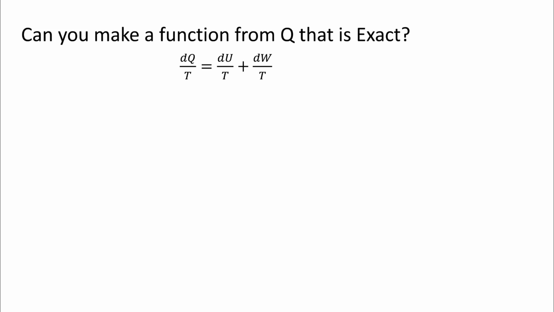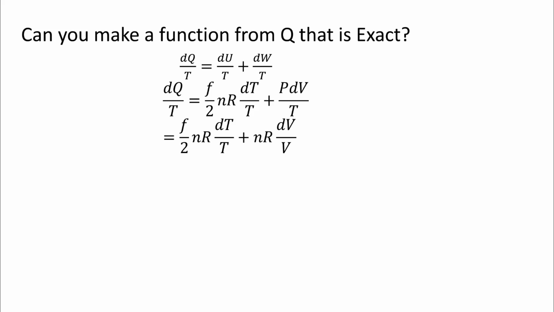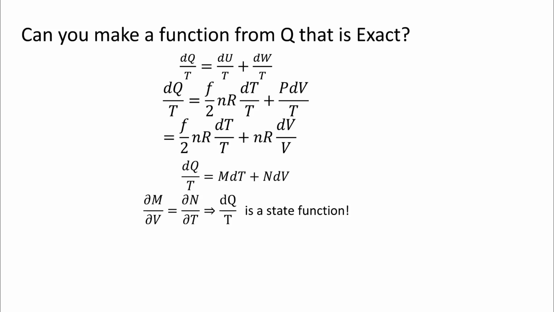So what happens if we just divide by T? Maybe that'll fix it. If I divide by T, then I end up with something that looks like this, and I can plug in the same thing I had before. And now notice this time, because I'm dividing by T, there's no T in this term. That means, holy smokes, if I write it this way, I've just created a state function. It took me 2 seconds to create a state function, and I did it from something that isn't a state function.